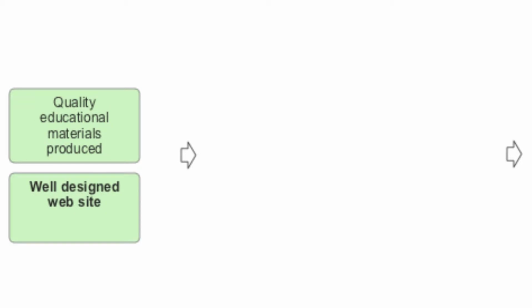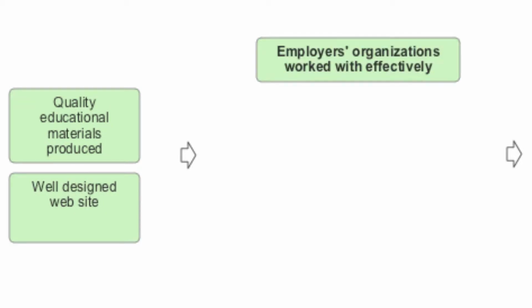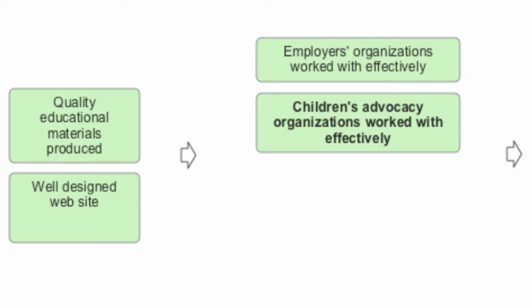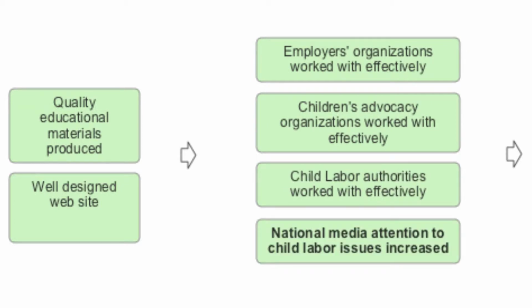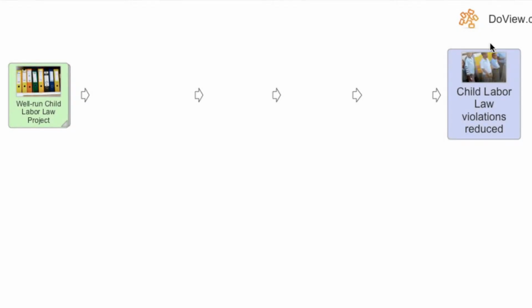The types of steps we'd expect would be quality educational materials produced, a well-designed website, employers' organisations worked with effectively, children's advocacy organisations worked with effectively, child labour authorities worked with effectively, and national media attention to child labour issues increased. And if we go to the top level of this model, looking at the higher level outcomes, to reach child labour law violations reduced,